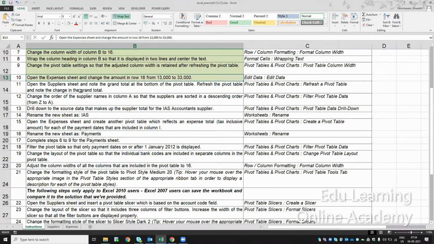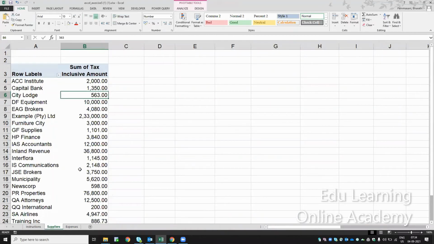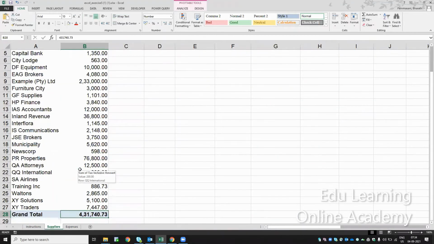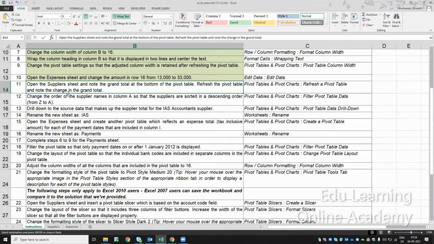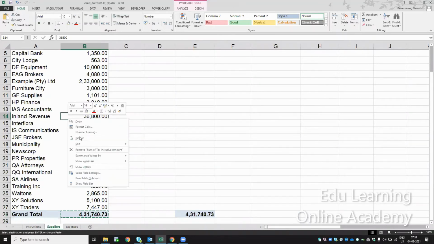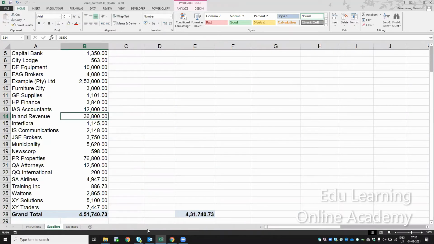Now open the supplier sheet and note the grand total at the bottom of the pivot table. They're asking to note down the grand total, so I'll just copy this grand total and paste it here. Then refresh the pivot table and note the changes in the grand total. See, I'm just refreshing this pivot table. See here, this 4,31,000 has become 4,51,000.